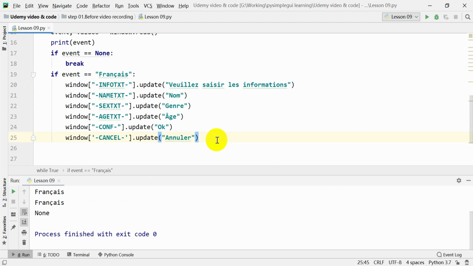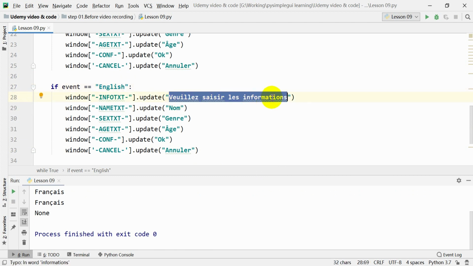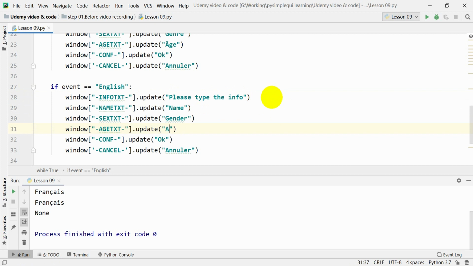Let's just copy this and change French into English. Change this back into please type the info, and then name, gender, age, OK, and cancel. Now if we run it,